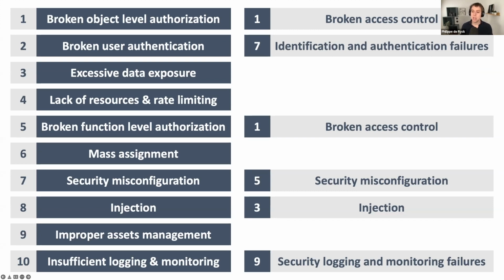And in APIs, that definitely changes. In APIs, we now have direct access to the endpoints. We can manipulate the data that they accept. We, as attackers at least, have much more control over how we approach an API. And I think that is a massive change in the security landscape. And that is why API security should be a separate category.